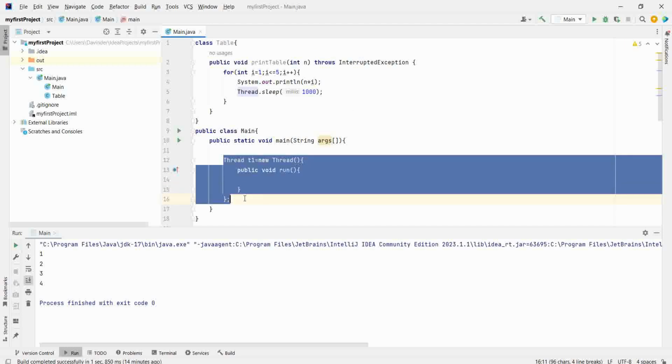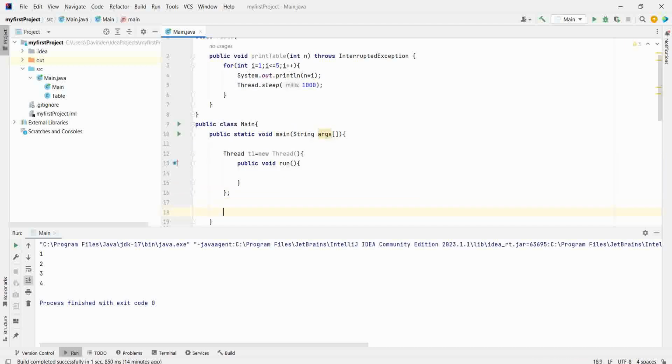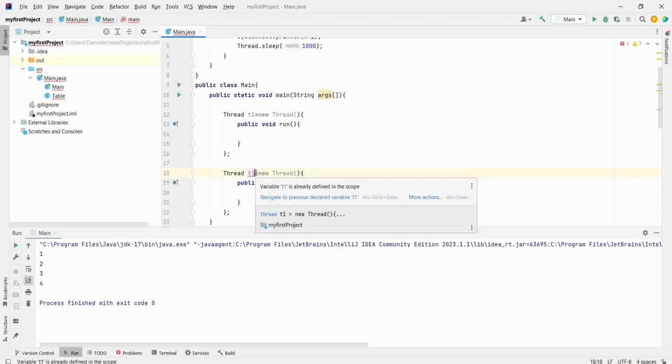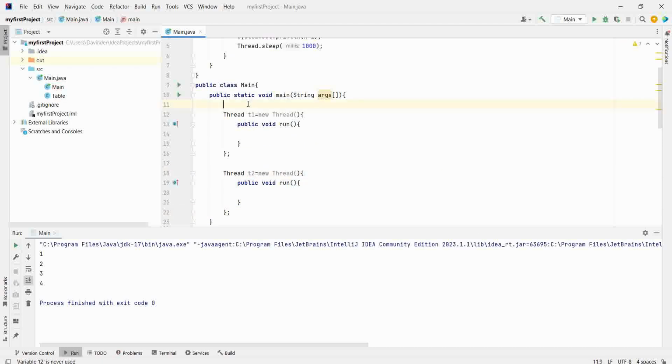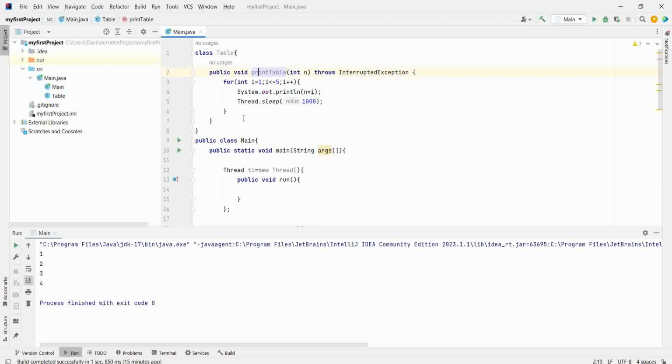Similarly, create another thread, thread t2. What it will do is it will call this method. So we need to have an object of Table. Now we will call table dot printTable.